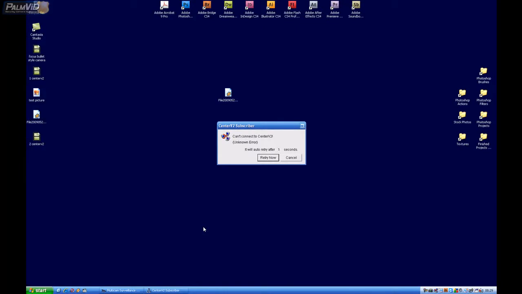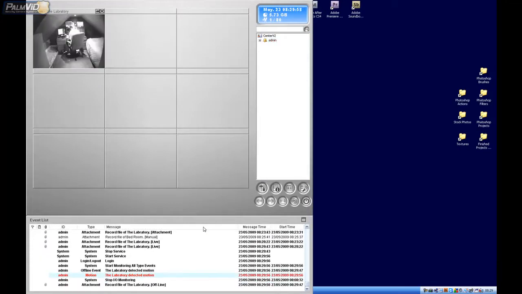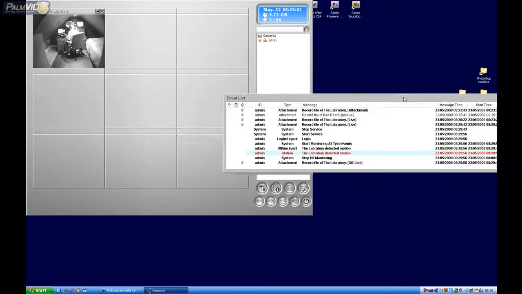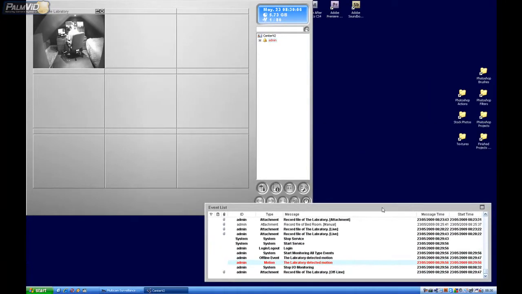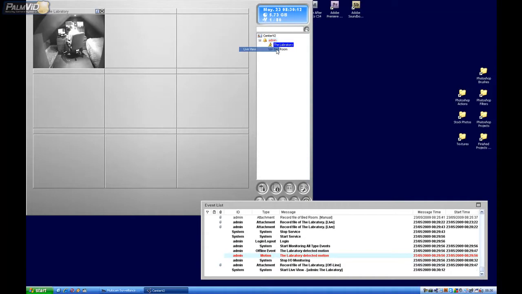I am connecting to Center V2 on the same PC as GeoVision, which is not normal. Okay, so now we have this floating event list, which is pretty cool. Now we can just put it wherever we need to. That way it doesn't interfere with the cameras. Now, let's go to live view,